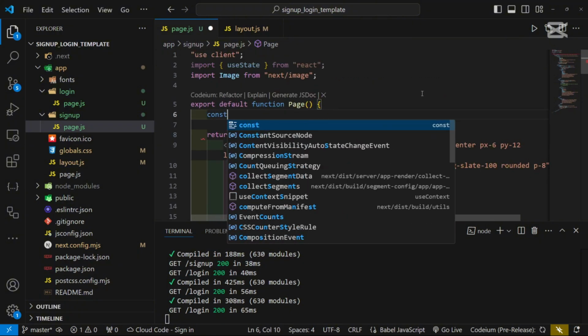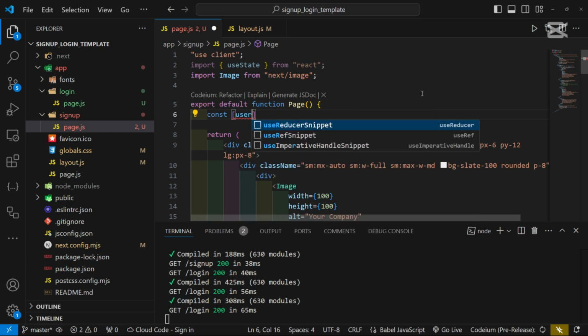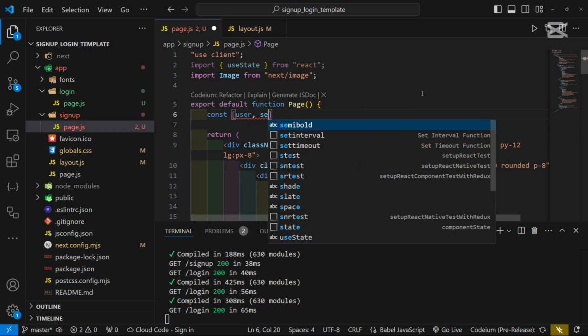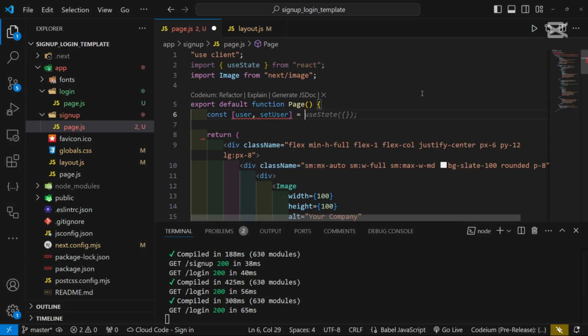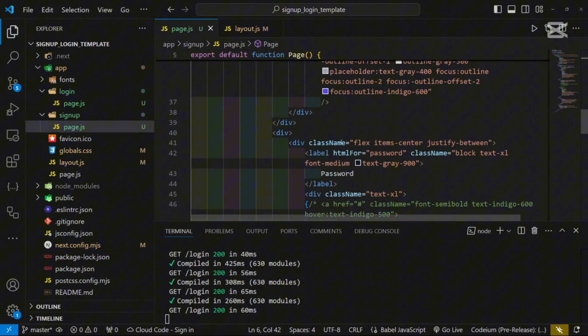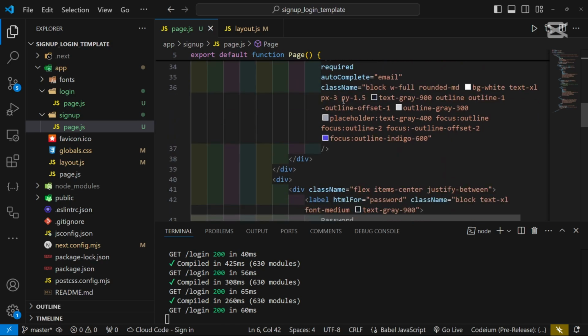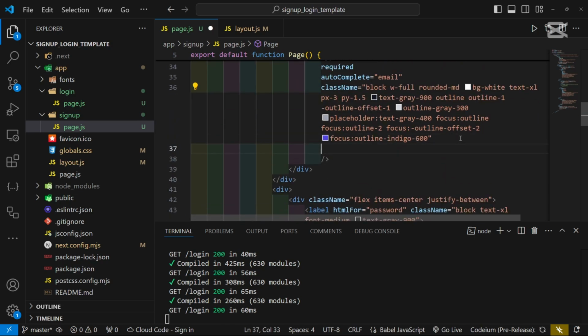And here we're going to create useState, which will be user. We will also have one for setUser. And then useState just like that. And now let's go to our inputs. So this will be the email one. We will start by setting the value over here to be user.email. And then